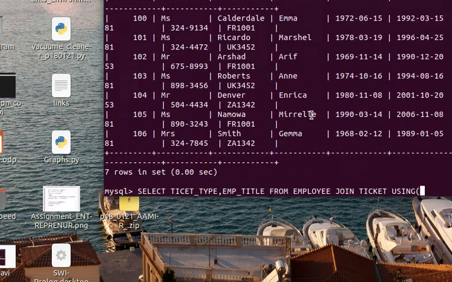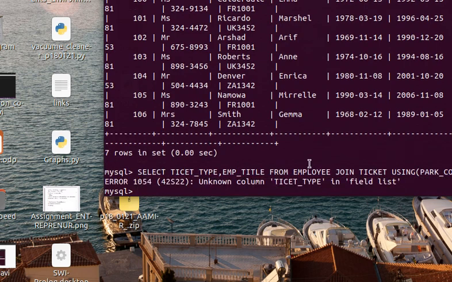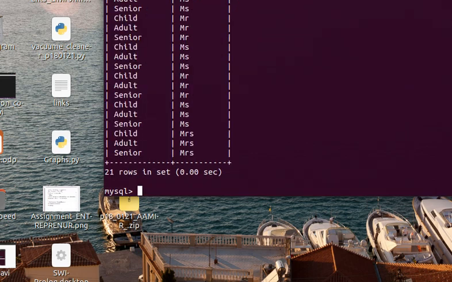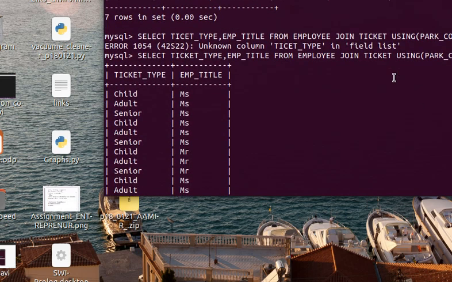So using park code. Unknown column ticket price, so here is a spelling mistake. Ticket type. So here you can see child, this is ticket type, and this is employee title.